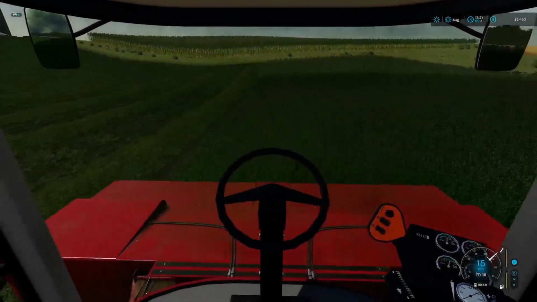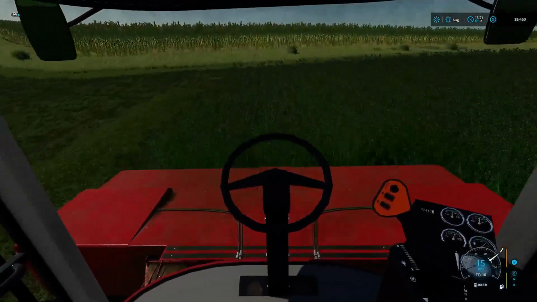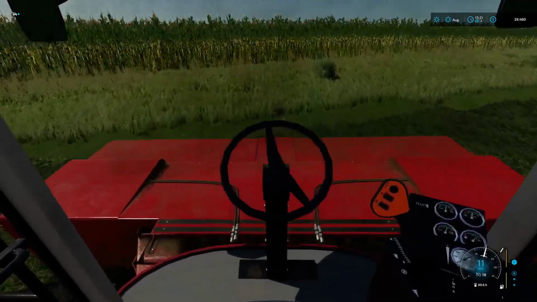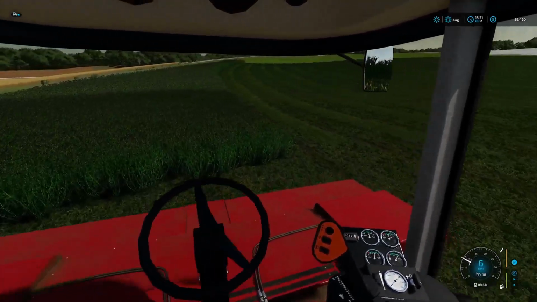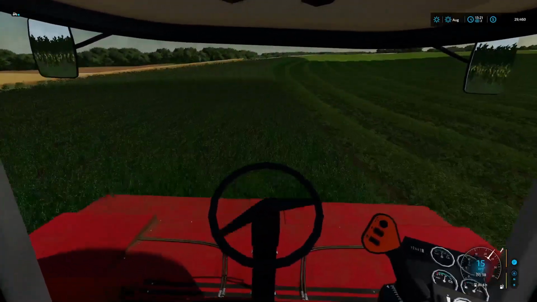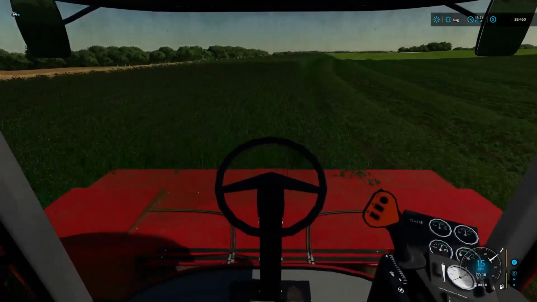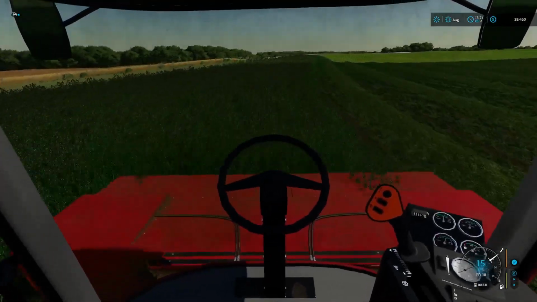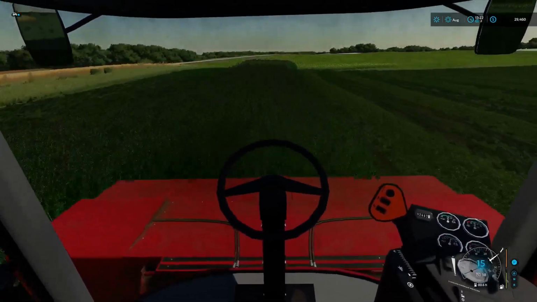So we've nearly cut all the alfalfa in, and yeah, last few passes to do. This has worked really well. It's pretty efficient, although it's quite a narrow working width. It zooms up and down this field, no bother at all. So yeah, we're definitely getting there, and once this is done, obviously we'll need to start baling it all